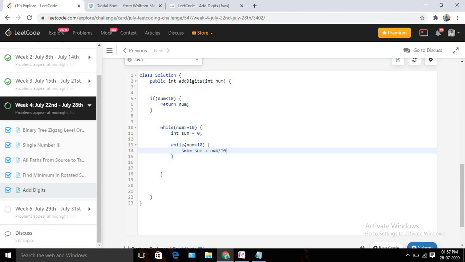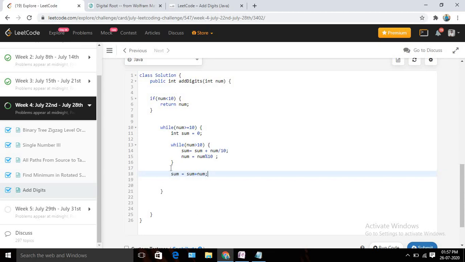Since we are using base 10 numbers, at first sum will be 0, then I am going to add 8 here. Again I will update my num as num divided by 10. That will make our num 3, and it's not satisfying this condition, so it will come outside the loop, and I am going to add sum plus num.